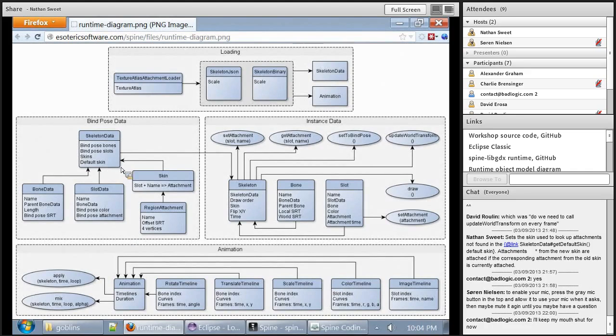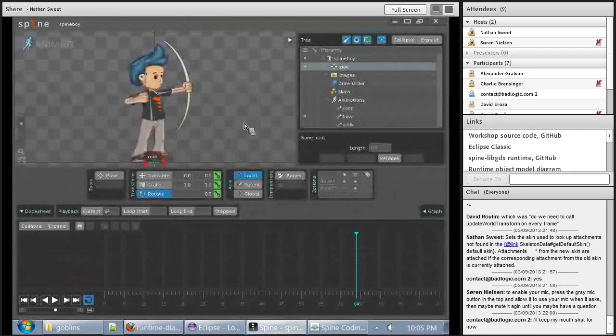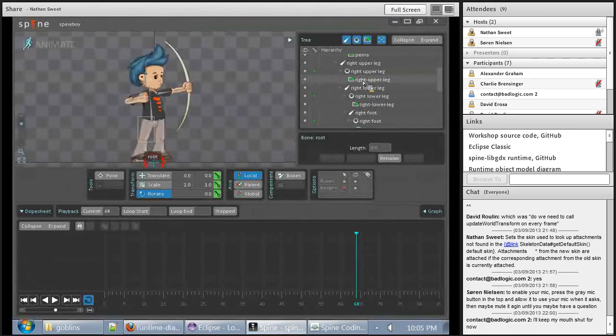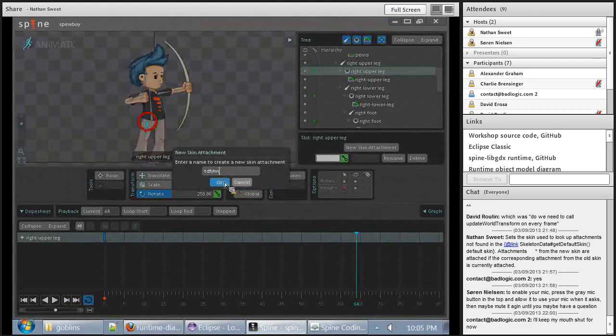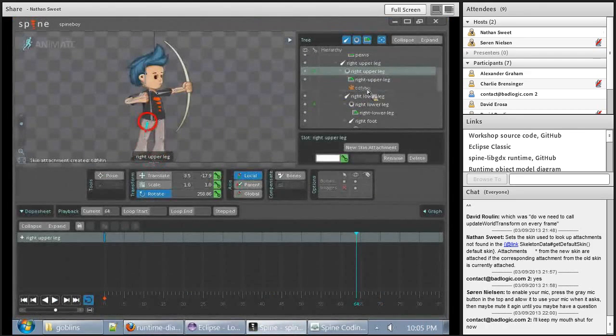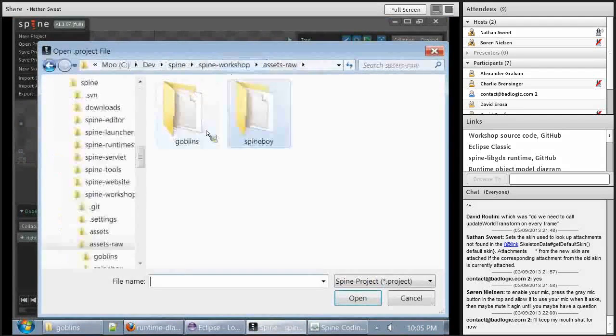That's a little bit tricky because the default skin is holding all of the attachments that don't use a skin attachment in Spine. So for Spine Boy, he doesn't have any skins. So all of these images are just attached directly to a slot. There's no skin attachment like this. There's no puzzle piece node. So that means that those images will show in the default skin. If you have a character that has a skin, like the goblins,